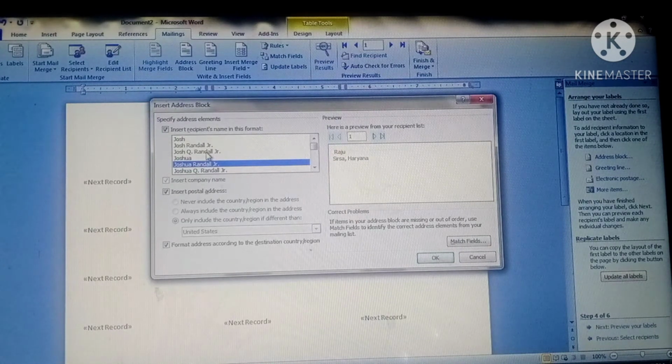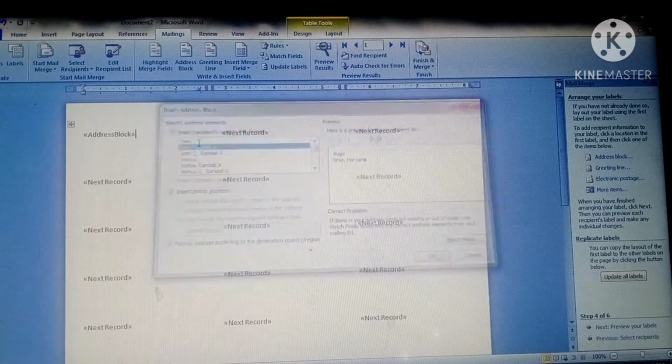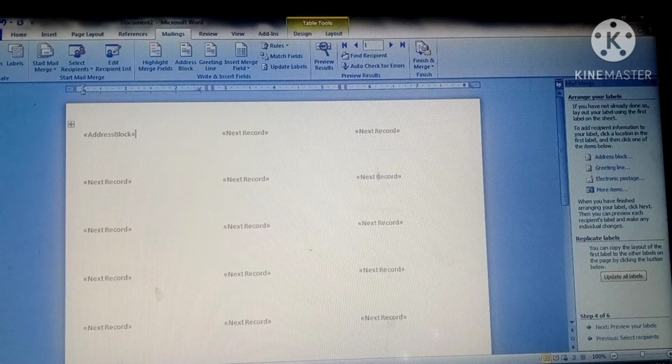You can select any of these. Now you can see here it is showing address block, and the rest of the page is filled with next record. Where we have used the address block, here it is using the address block.